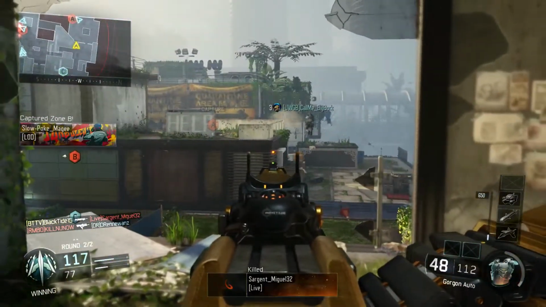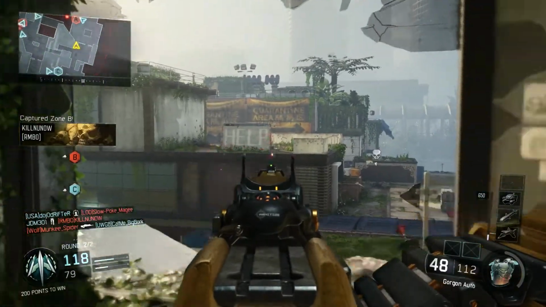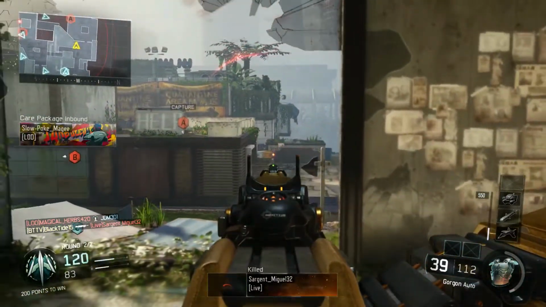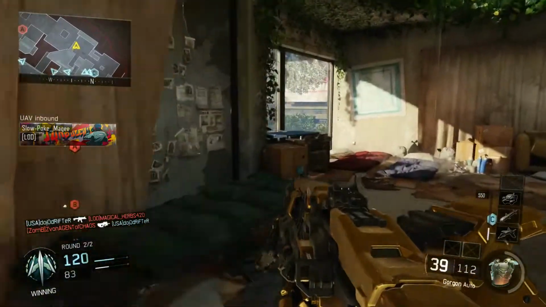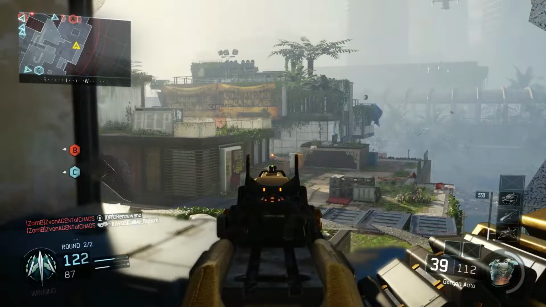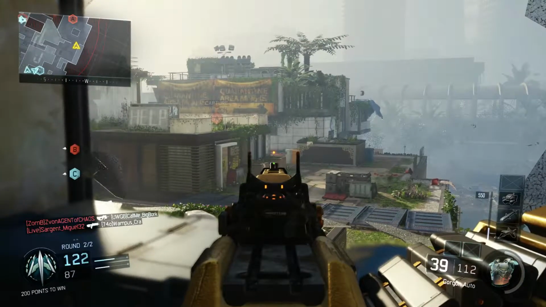Now, two more tips before we get into class and attachment recommendations. The first is that at long ranges, you can actually fire the Gorgon as a semi-automatic sniper or assault rifle instead of an LMG. Instead of holding down the trigger and spraying a whole bunch of bullets out, that's going to knock your aim off just a little bit. It's got very good recoil, it's very accurate, but when you're holding down the fire and it's bopping up and down, you're going to have a rough time acquiring your targets,